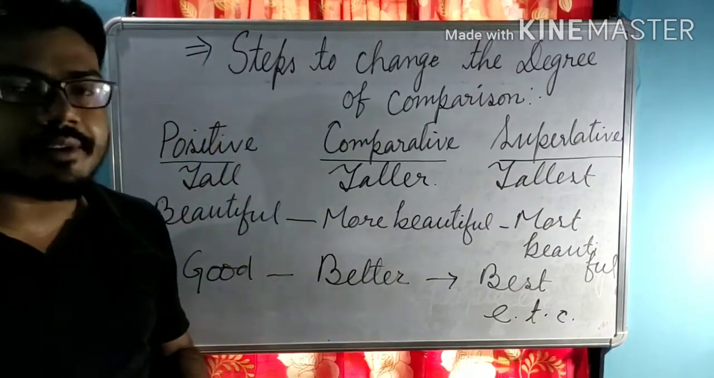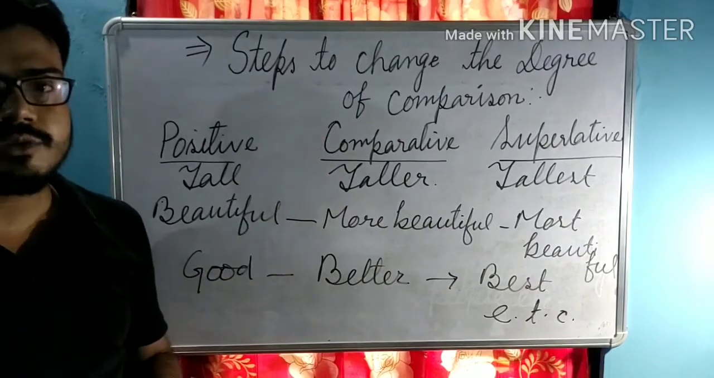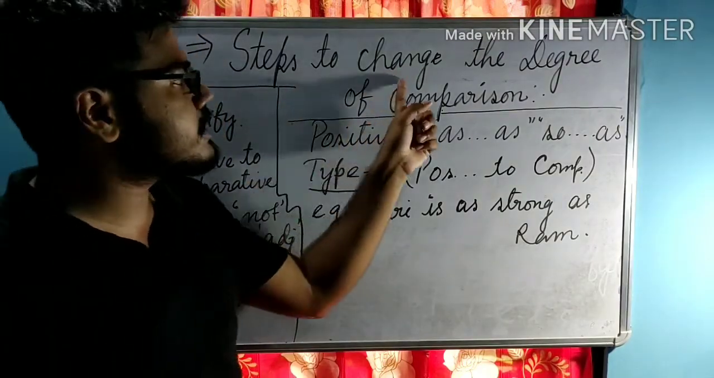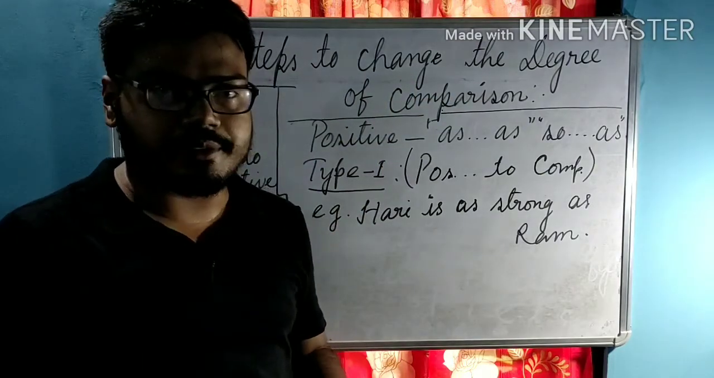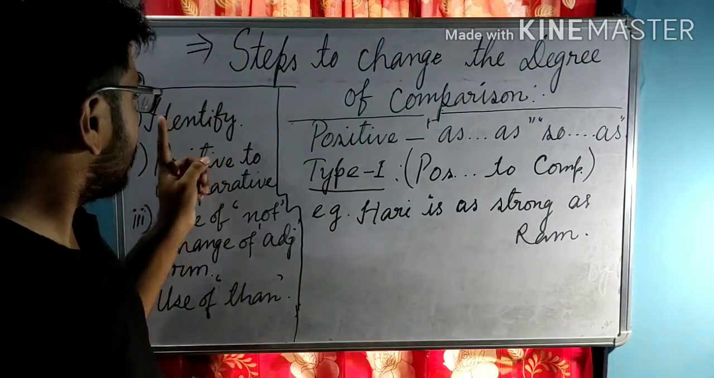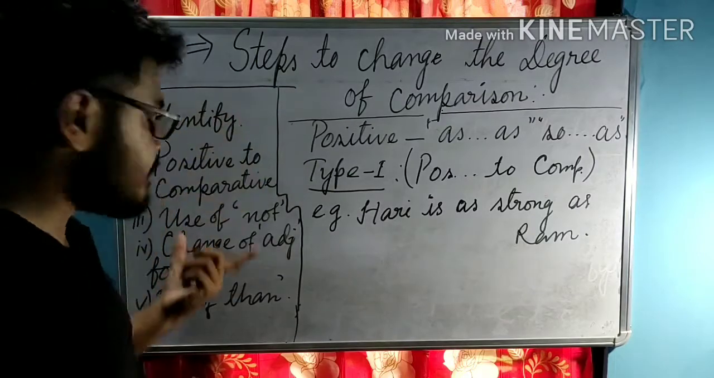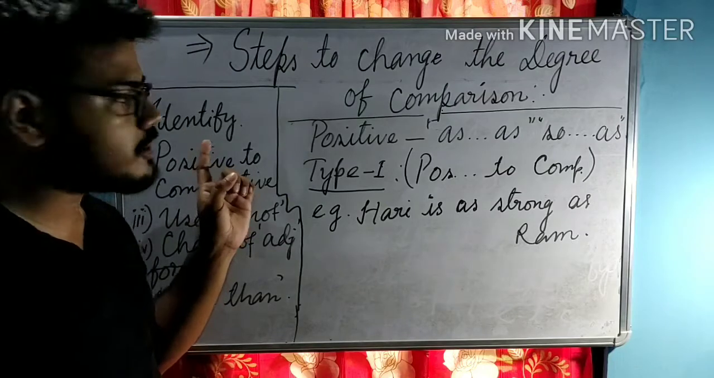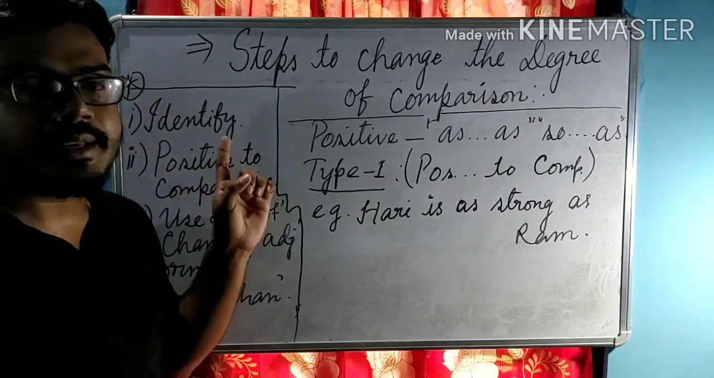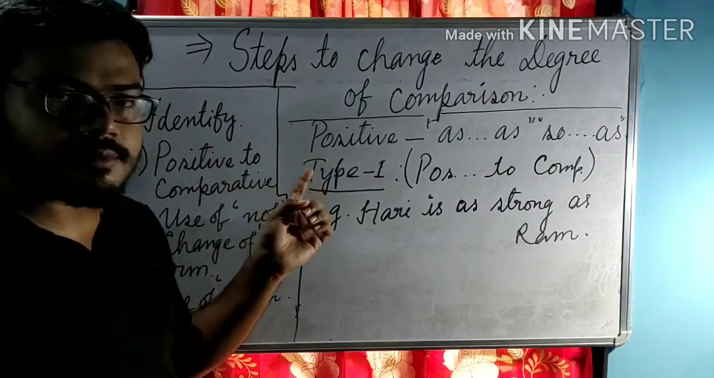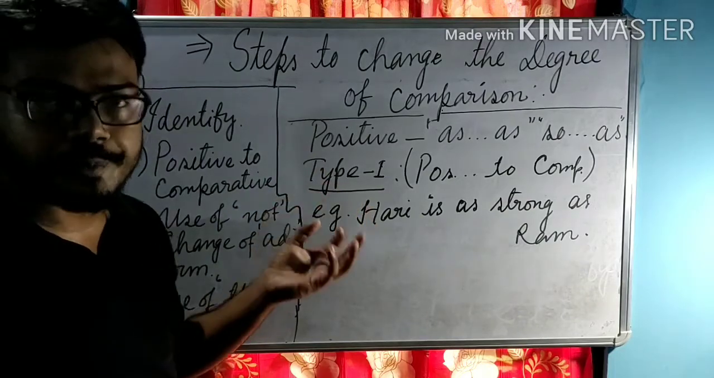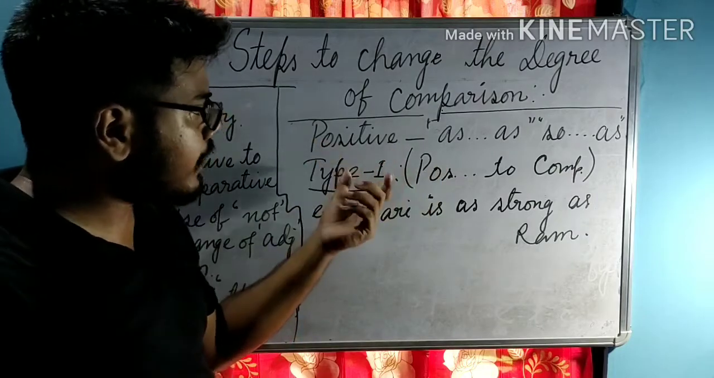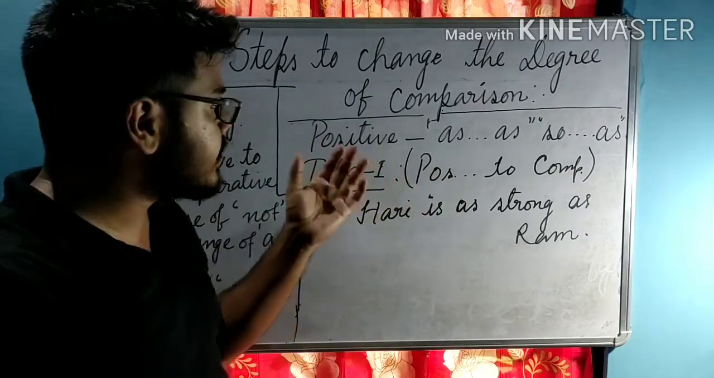Students, now let us learn the steps to sense the degree of comparison. Number one, there are some steps in the corner. So number one, identify. At first, our job is to identify the degree of the sentence, whether it is positive or comparative or superlative. So what is the structure, or what is the point that you can identify as a